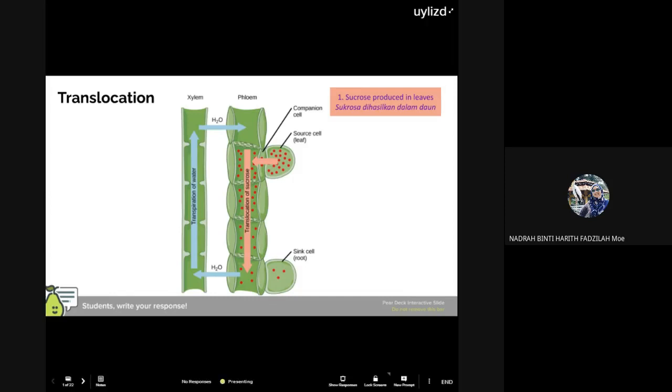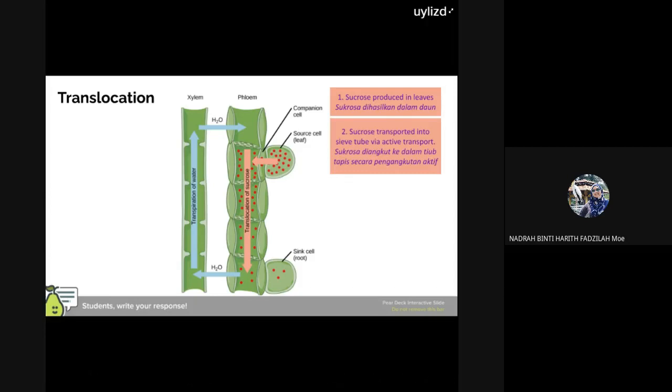So sucrose produced in the leaves, so ada arrow kat situ. From the leaf, it is transported into the sieve tube. So daripada leaf, cross companion cell into the sieve tube. The process is active transport because as you can see here, the transport of sucrose does not